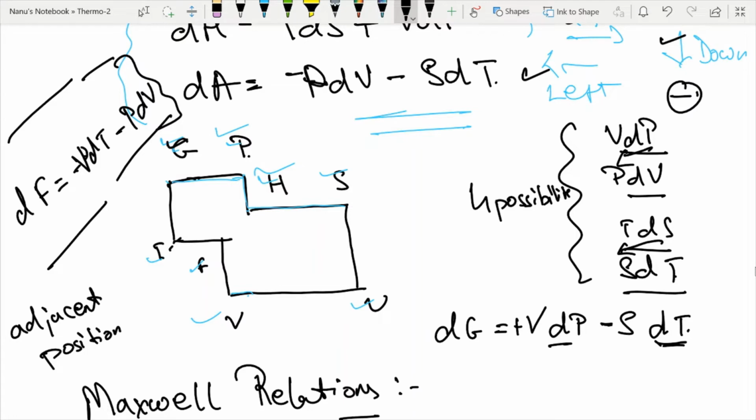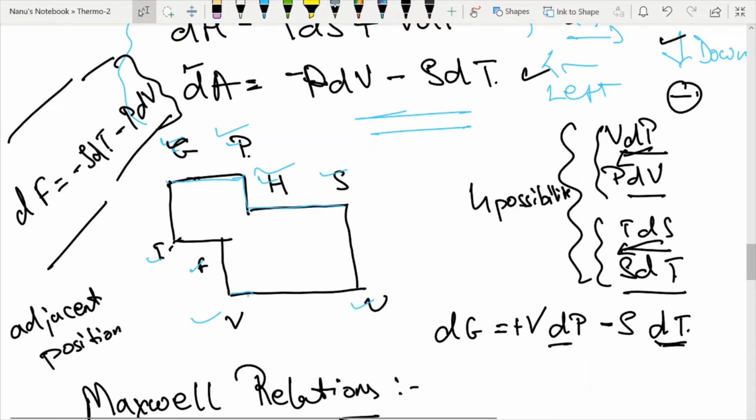Sorry. So this will be SDT. What is that? Yep. So this will be SDT, because these are four possibilities, right? TDS, SDT, VDP or PDV. Okay, so minus PDV minus SDT. Okay, so similarly, if you do for DG, that will be like